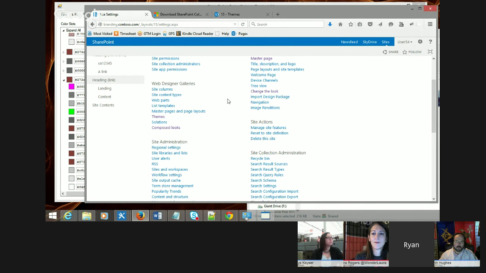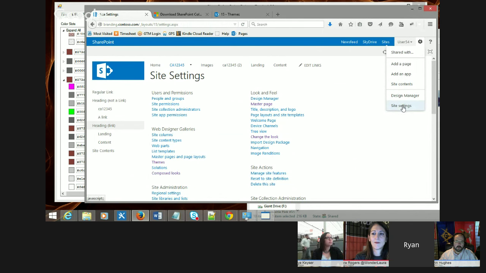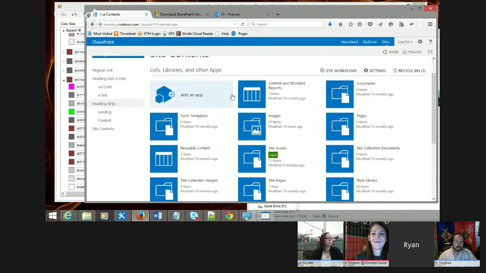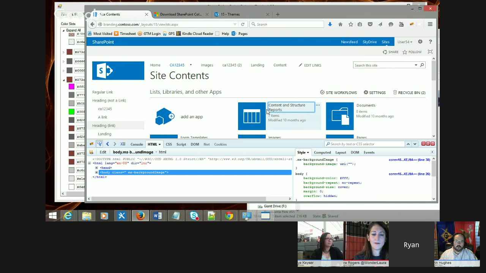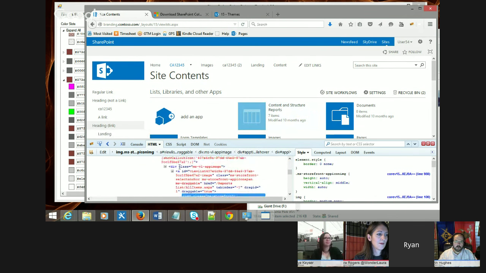All right, so this applies more to a full-effort custom branding. In a lot of cases, when I'm doing branding, a lot of these behind-the-scenes pages will still want to look like they belong with the rest of the site. So a lot of times our clients will want these icons to have the same color scheme as the suite bar. Obviously in the out-of-the-box master page, you can easily do that with a theme. But for example, right in